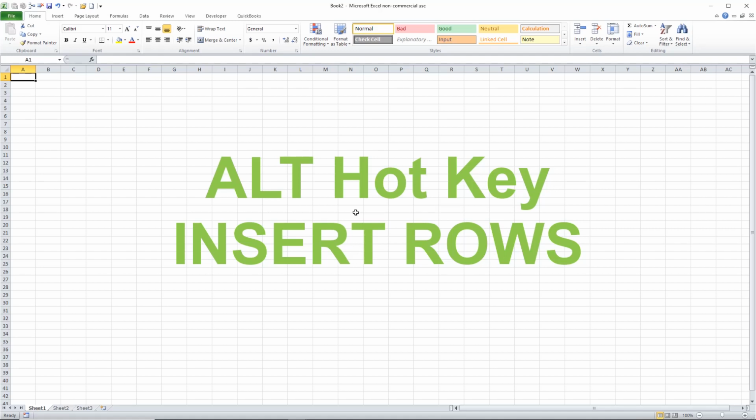Today we're going to go over the first Alt hotkey shortcut. In the previous video I just briefly introduced the Alt hotkey. Simply pressing the Alt key brings up all of your initial hotkeys in the Excel ribbon. And once you learn this method, your efficiency in Excel with working with spreadsheets is going